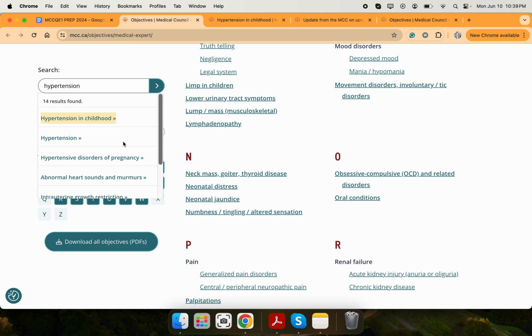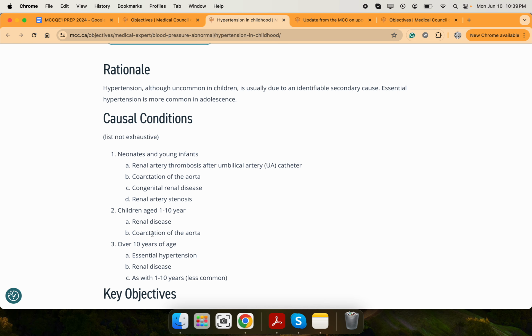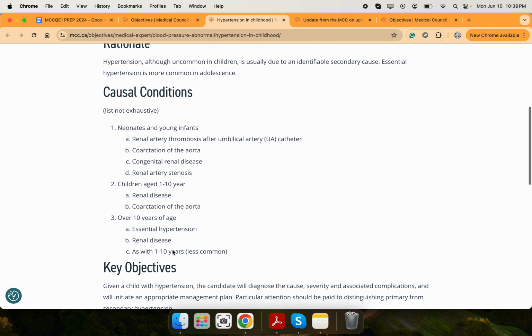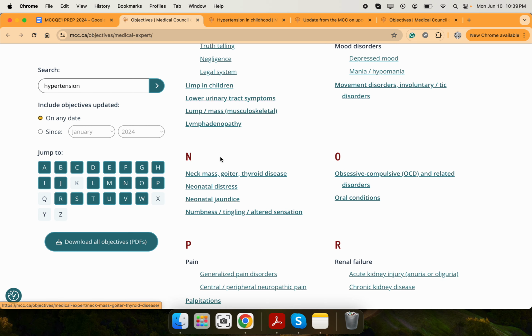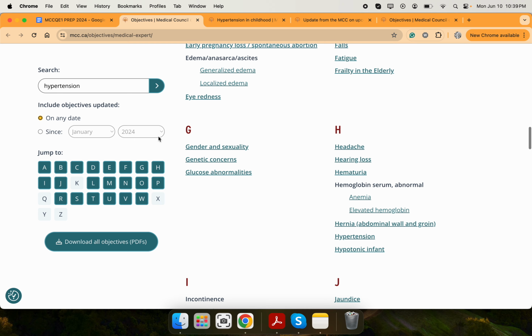there are multiple things which come with hypertension, but if you open this topic, then you will find out what the causative conditions are. So the causes of that particular symptom or sign, you have to look for and read according to these, and then you can move on. So I think the way this search bar works is going to give you very good help